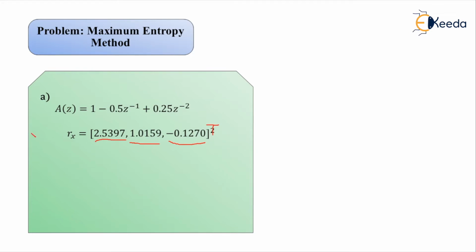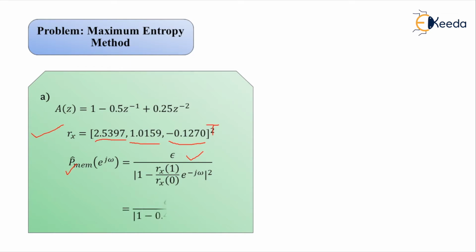Having the knowledge of the autocorrelation sequence obtained, the first order maximum entropy method spectrum can be expressed here. The general way of representing the first order maximum entropy method power spectral density estimate is as follows. We have the representation of the estimate, capital P hat suffix MEM as a function of e to the power j omega, expressed as epsilon divided by the mod square of 1 minus Rx of 1 divided by Rx of 0, multiplied by the complex exponential e to the power minus j omega.